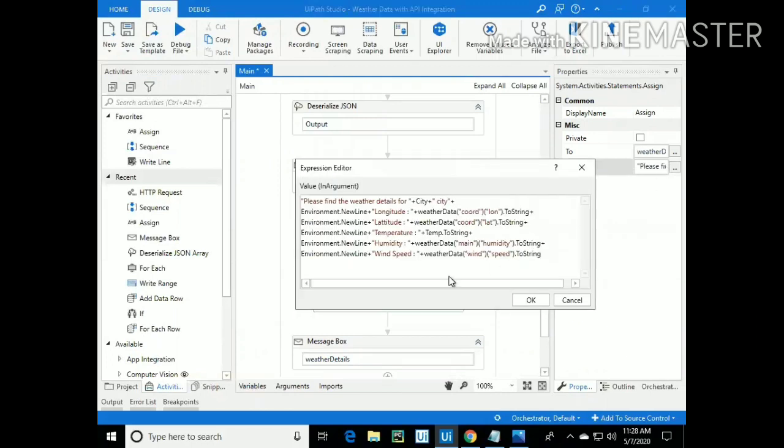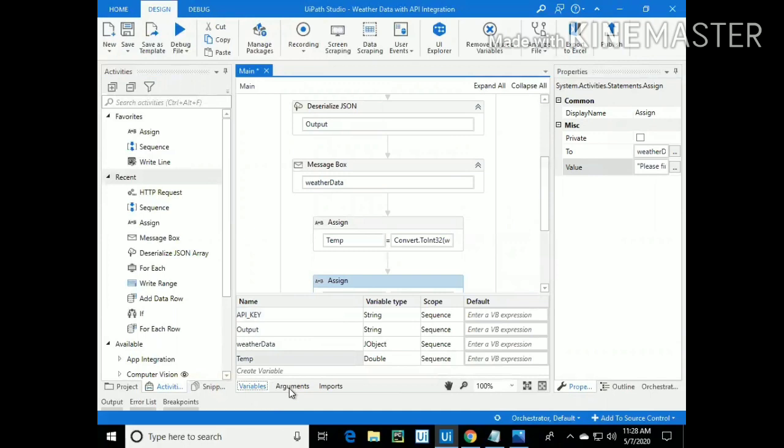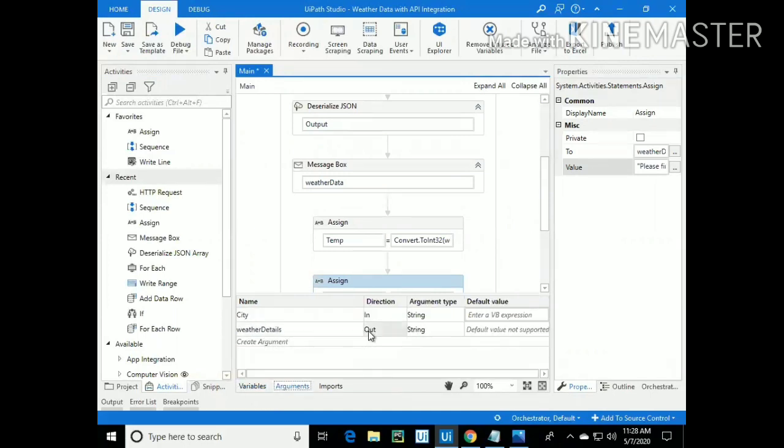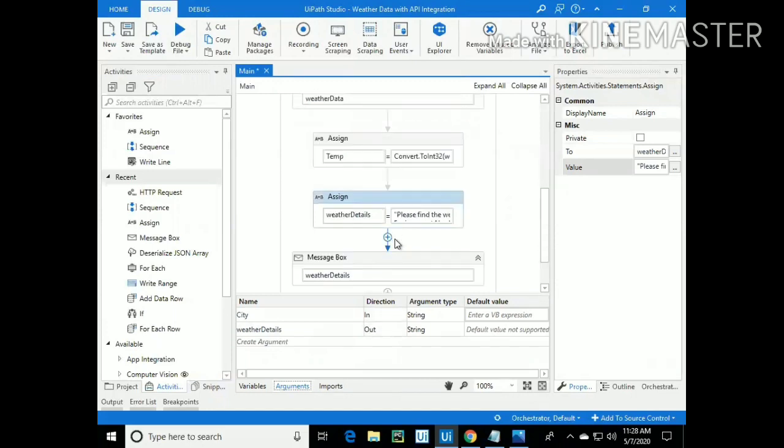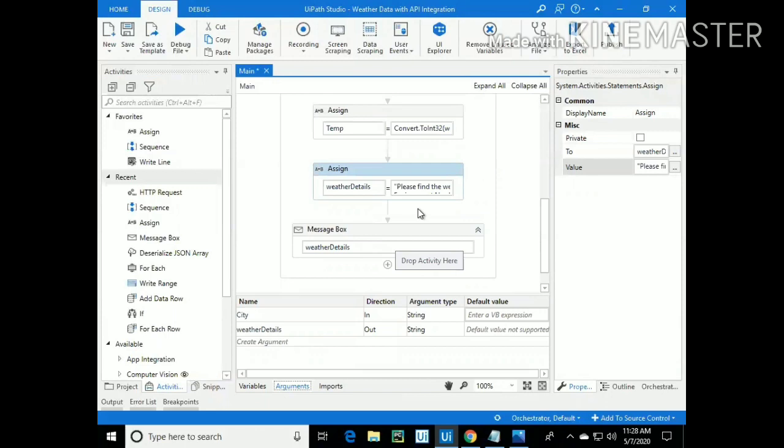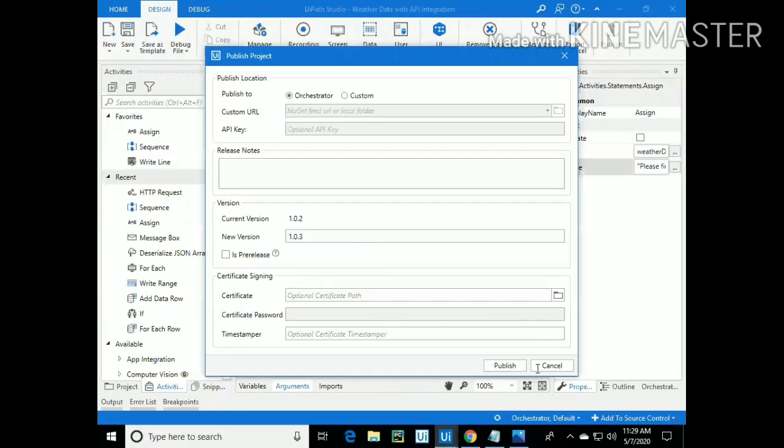Moving ahead, I am fetching the required details in the same manner and saving them into the weather detail, which is an output argument. So here our workflow ends and now we can publish the workflow to UiPath Orchestrator by clicking on this publish button.